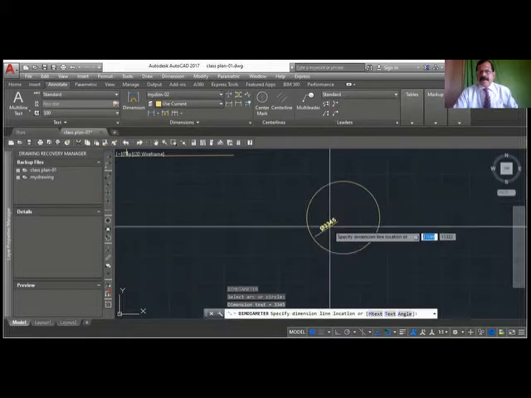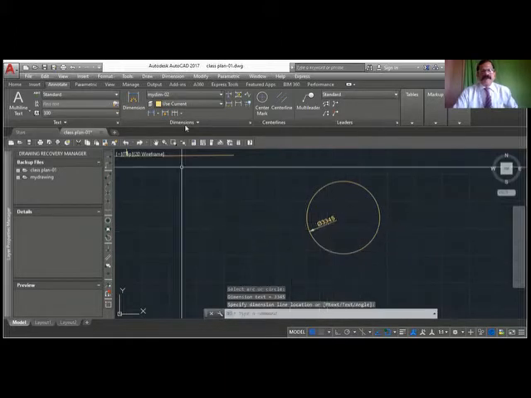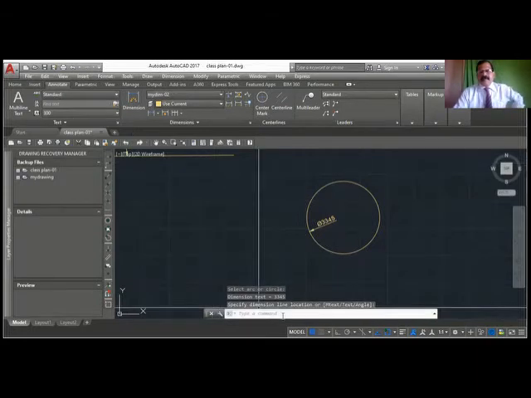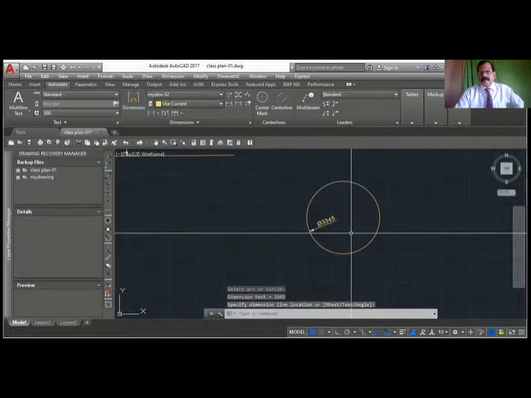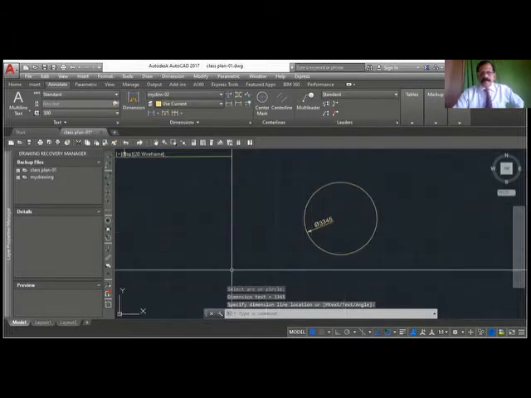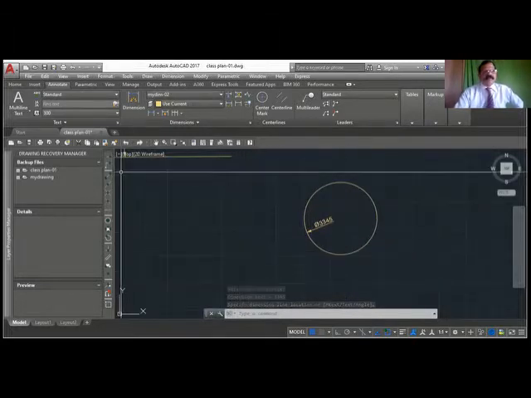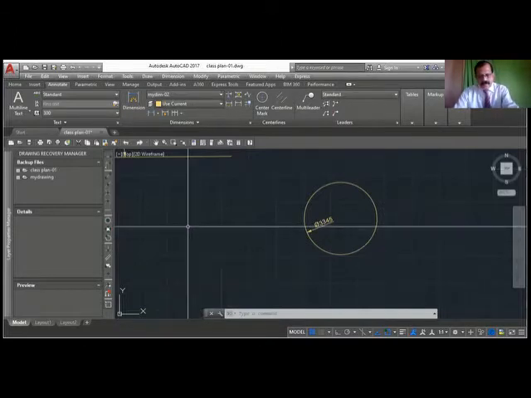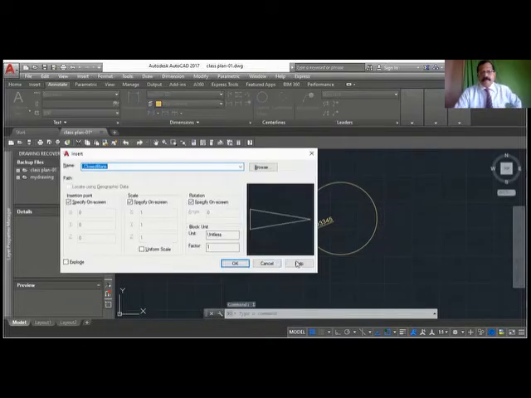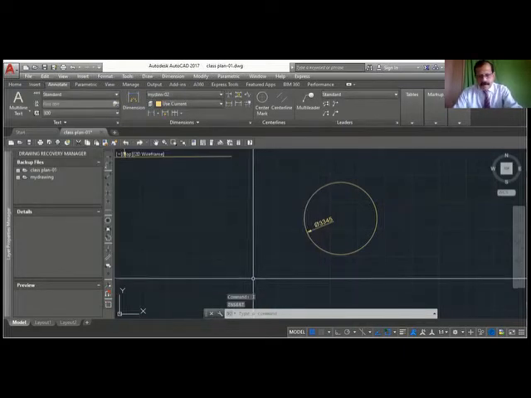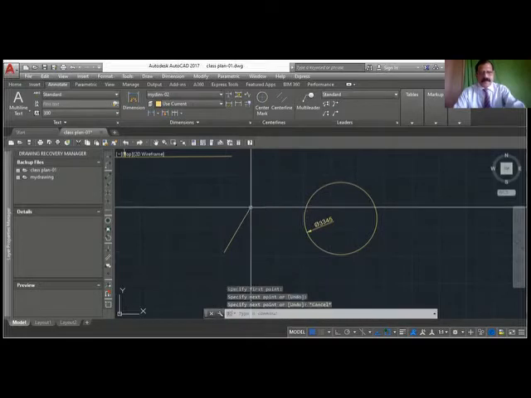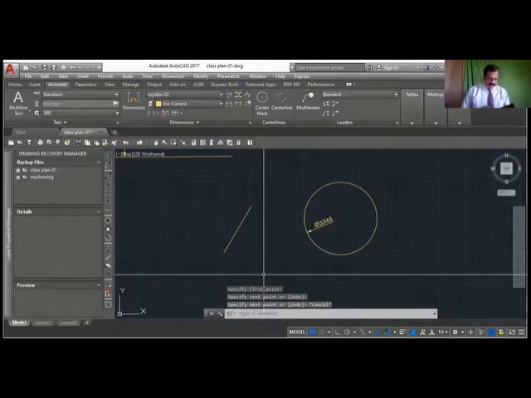You should be thorough with the command because every version the settings will change, but the command will be the same. So always you should be familiar with the command. And sometimes a command is very easy. For example, instead of going and searching for line, I can just say L, space bar, and my line command is ready. So sometimes a command is easier.